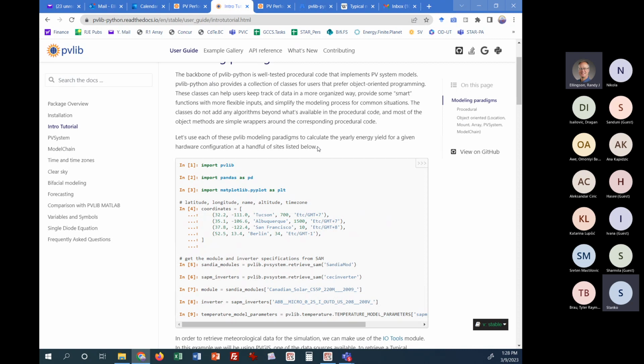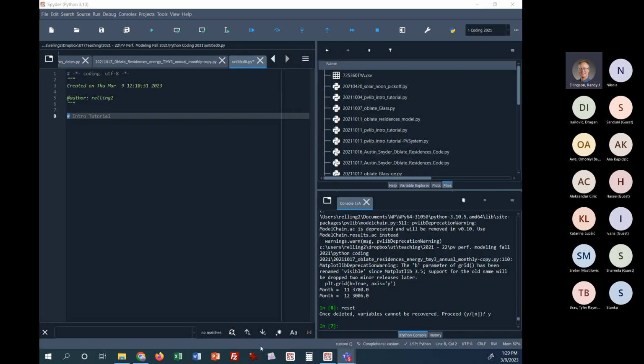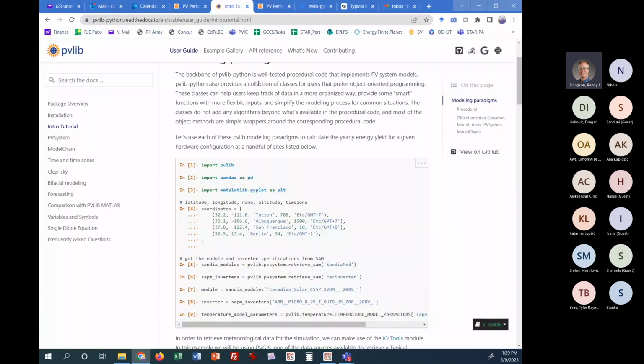So I want to, we can do that. We will do that a bit in, I don't want to click that. Let me see here. Give me a second. Let's see here. We will do that in Spyder. We'll do some of that in Spyder. But before we do that, I wanted to show you,